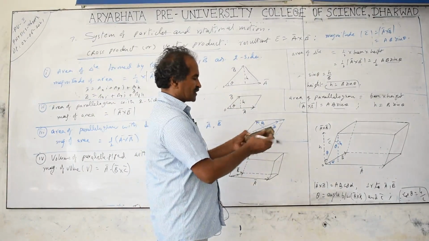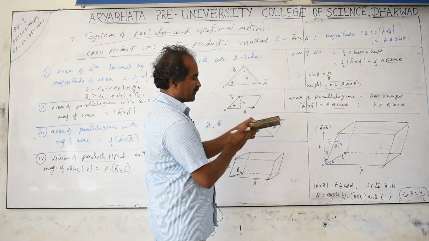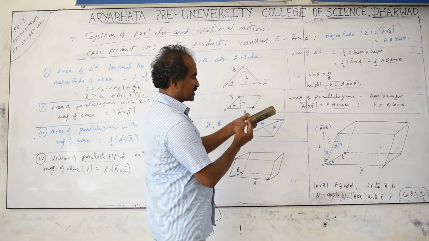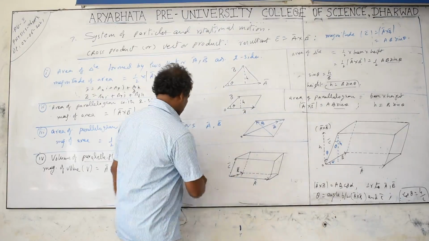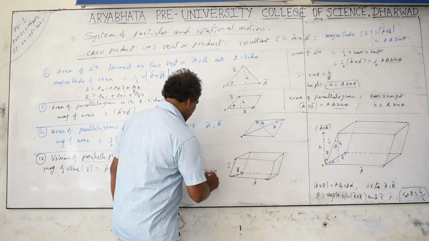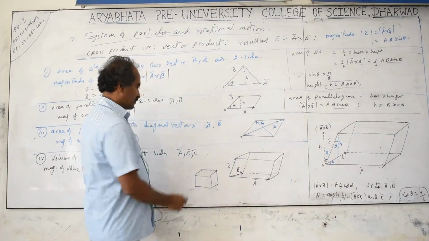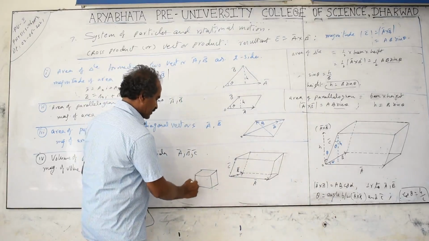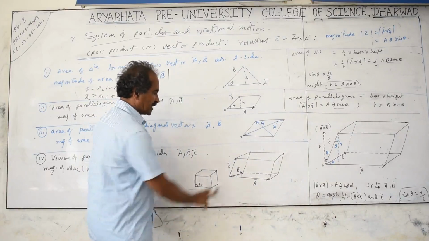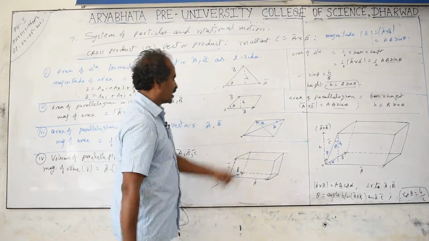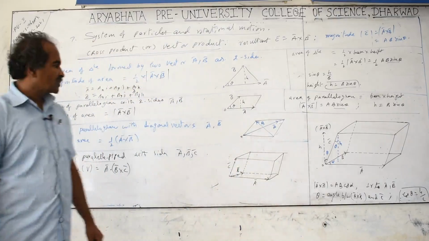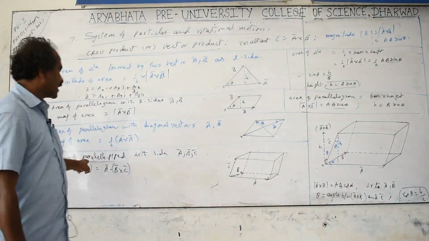It has four sides. You can take this corner with one vector A bar, this as B bar, and this as C bar. Length, breadth, height, we can take like that, but they need not be exactly perpendicular. This is a special case where the parallelogram has equal opposite sides and the angle between the vector sides is 90 degrees, but it need not be 90 degrees; it can be inclined also. If you get it like this, you get the parallelepiped. A parallelepiped has all sides with cross sections like a parallelogram.